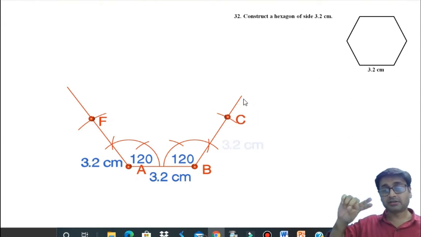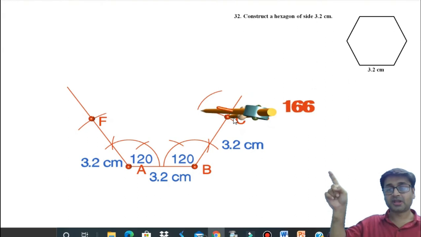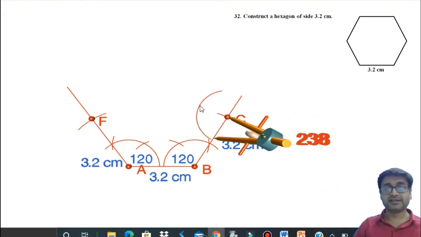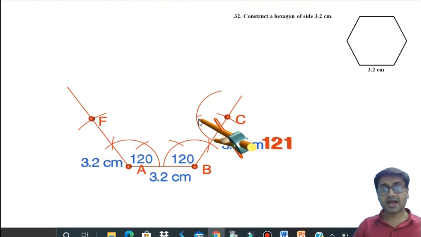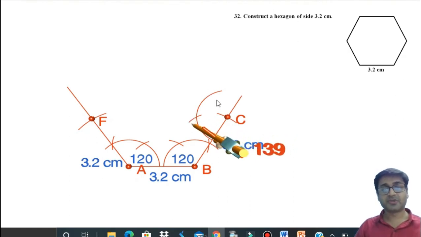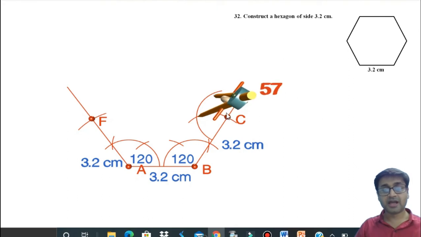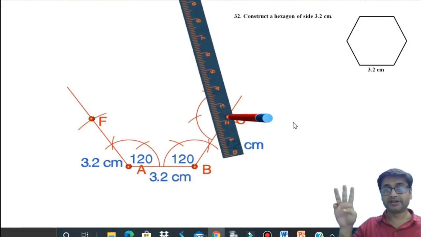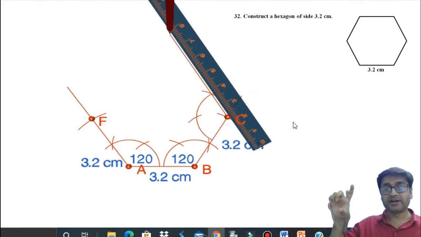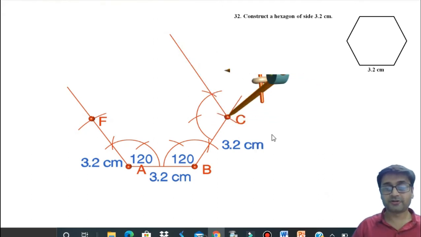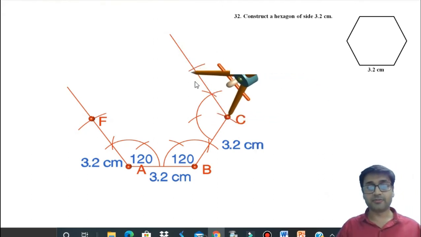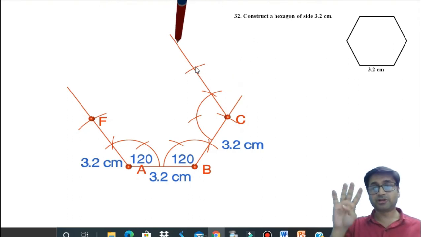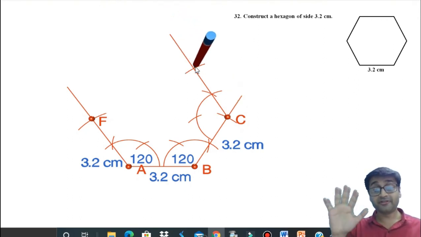Now go on to point C, third 120 degree from C. So keep your compass on point C, cut an arc of suitable radius, as you can see right now up over there. Yeah, and then keep your point down at this point, cut an arc of 60, and then from this point cut one more arc of 60. So you get 2 arcs straight away, right? And then from this point C and this point of intersection, join it. So you will get your third 120 degree. Once you get the third 120 degree from point C, again cut an arc of 3.2. So from point C, again cutting an arc of 3.2, I will get my fourth point, point D, or rather fifth point actually.